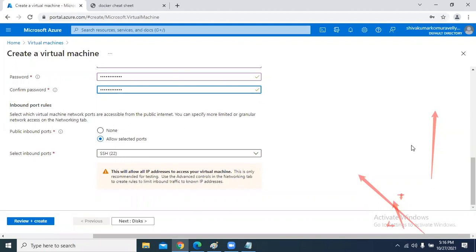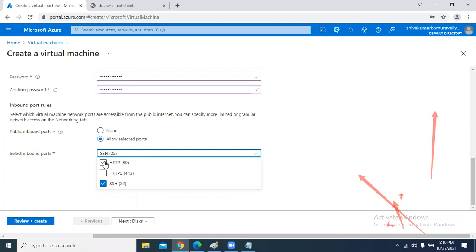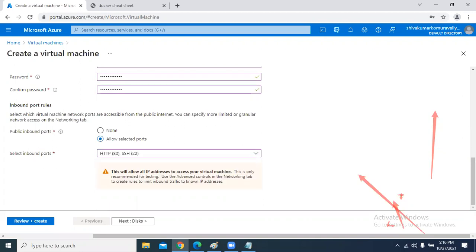Just for connecting to this virtual machine, I am opening port 22. Apart from that, I am also opening port 80. Port 22 must be opened; only then can I connect from my laptop to this virtual machine. If port 22 is not opened, we are not able to connect to this virtual machine.